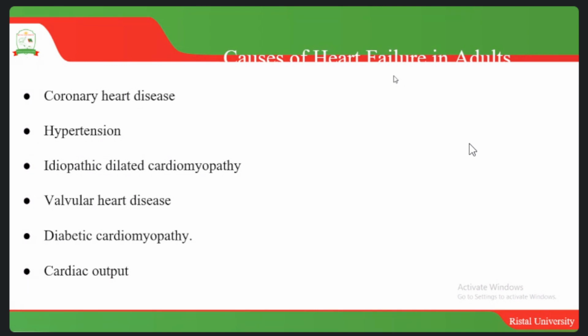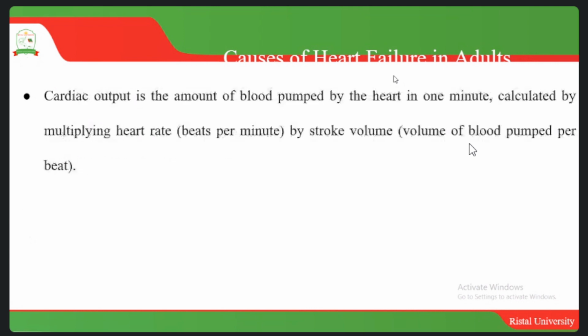Then there can be diabetic cardiomyopathies, which can also affect the functioning of the heart. And the cardiac output can also be one of the causes in relation to heart failure in adults. So cardiac output is basically the amount of blood that is pumped by the heart in 1 minute. It is calculated by multiplying the heart rate, those are the beats per minute, by stroke volume, which is the volume of blood that is pumped out. So the number of beats per minute and the amount of blood that is released at that time will give